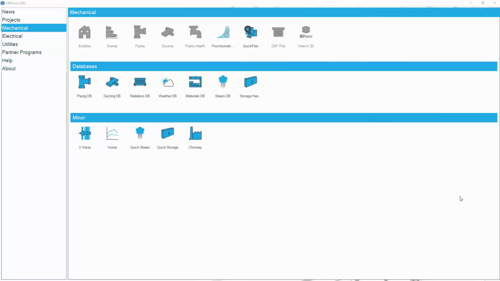This video explains how to use the MEPworks Psychrometrics program. So you can see here we're in the mechanical menu. We don't have a floor plan selected, so we're doing a non-floor plan based job. And you can see here the Psychrometrics icon. Click on the icon,